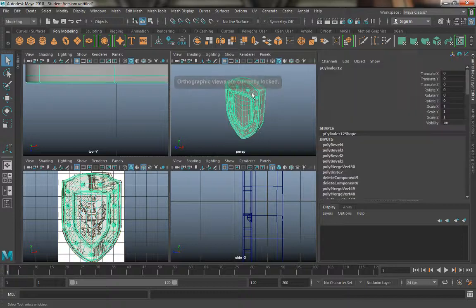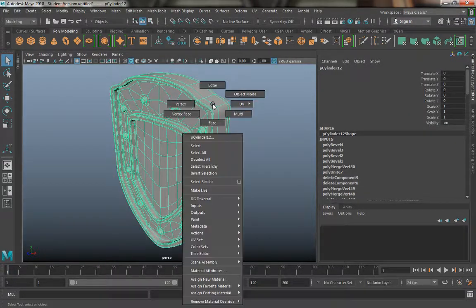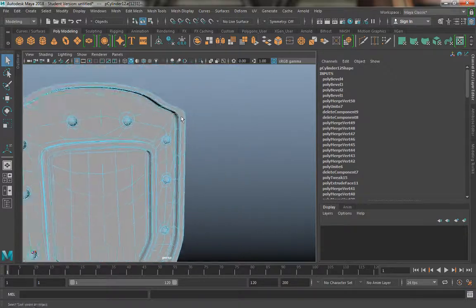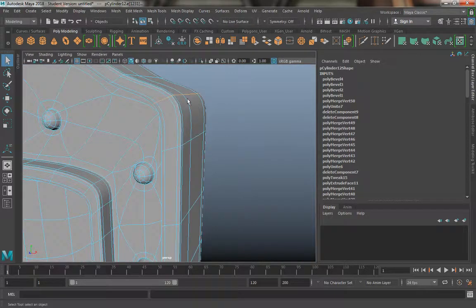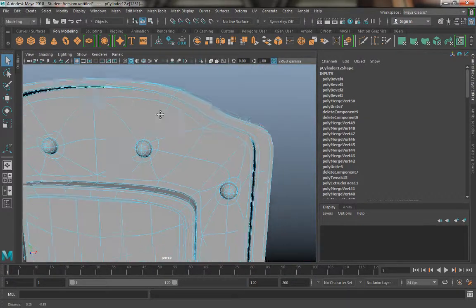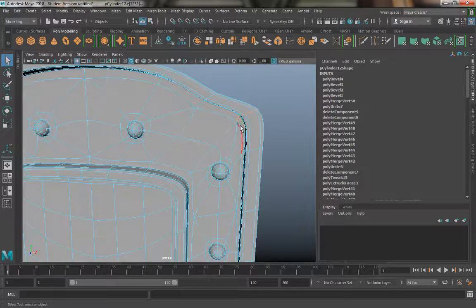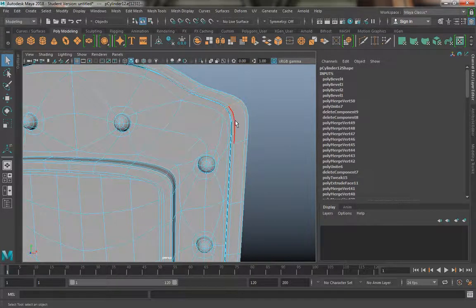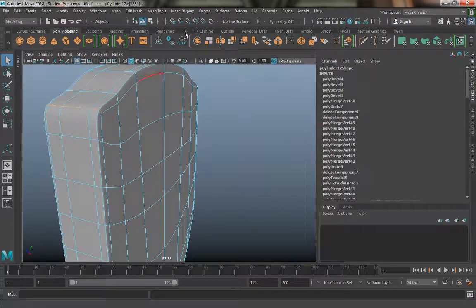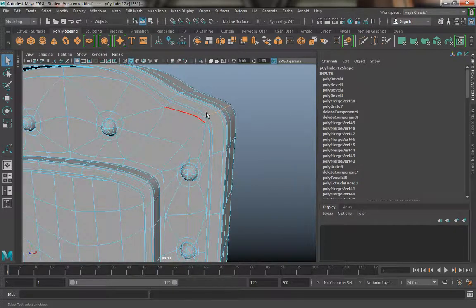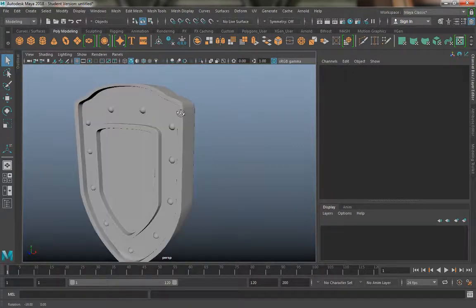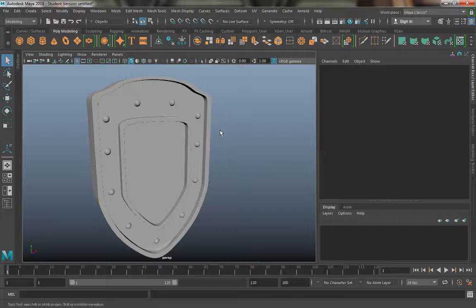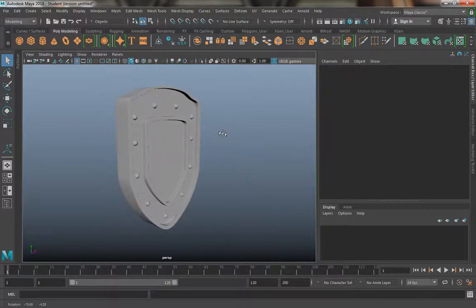One thing I could do is, because this edge here is beveled, I would have to run... I'm not going to bevel this edge. I could, but it's going to sort of start to mess up my geometry. If I was going to do anything, I'd more than likely just cut in some manual edge loops here, using my multi-cut tool to give me a harder, crisp edge. There are other ways to display this edge as a hard, crisp corner. I'm not going to do it in this video, but I'm pleased with this shape and this model,